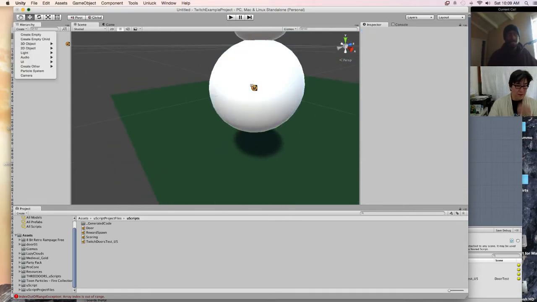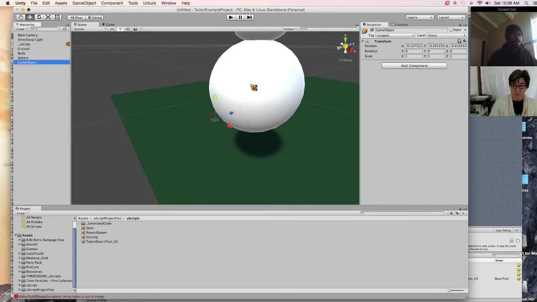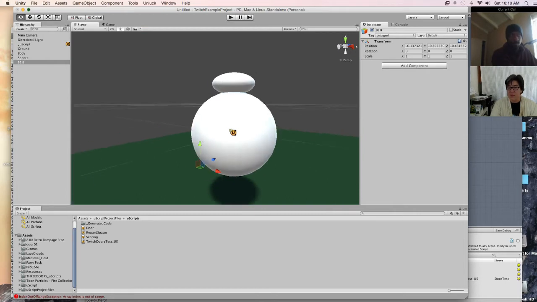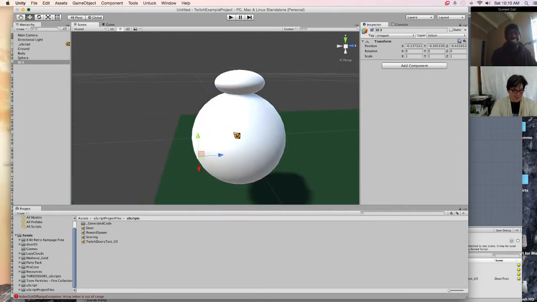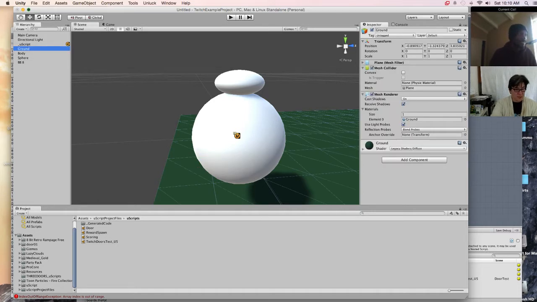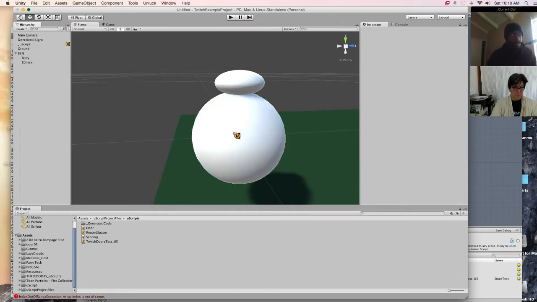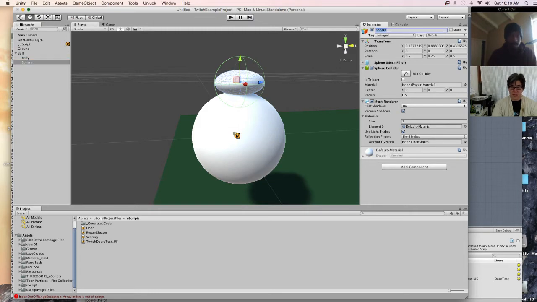I'm going to create an empty object, and we'll just call this BB-8. All right. I wonder if they picked BB-8 because he looks like an 8 and a couple of B's, right? I don't know. Seems like that kind of logic is going on. So let's take the body and sphere and drop these onto BB-8. Well, I'm actually going to take this, and we'll call this head. Let's take the head and put it on the body. I'm going to kind of go fast because I don't want to take up our whole episode with BB-8.